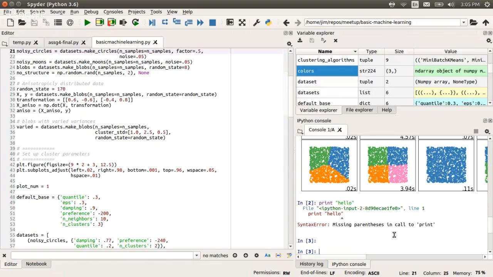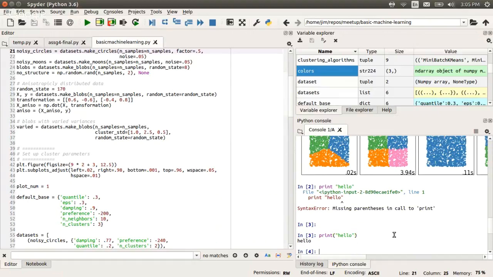If you're not familiar, there's Python 2, which a lot of people still have things implemented in, because Python 3 is not fully backward compatible with Python 2. But pretty much everything you start new is going to be in Python 3 now. So you notice that didn't work, right? Okay, I got my syntax wrong. I need a parenthesis there, and then close the parenthesis, and it works.